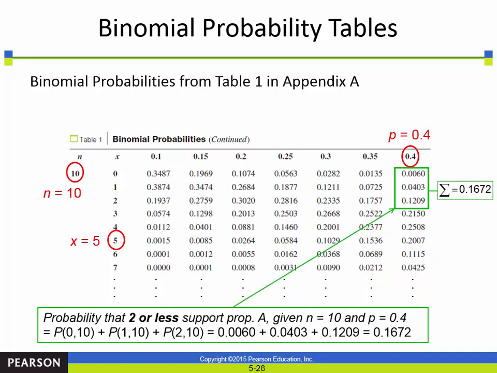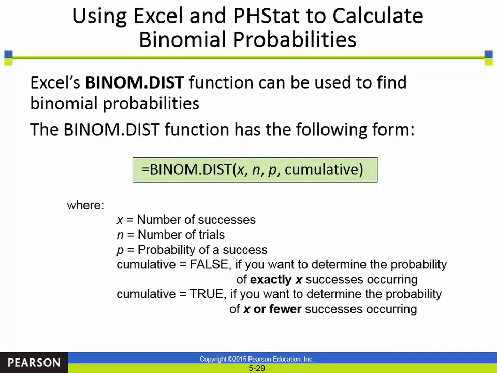But once you know that there is an Excel function called binom.dist, or binomial distribution, right? Nobody cares about tables anymore because we can just plug this in, and there's the formula. And of course, if you search it, it'll tell you that, right? But sometimes it's confusing as to what it means. This is also in your book if you forget it or you get confused. It tells you how to use this.